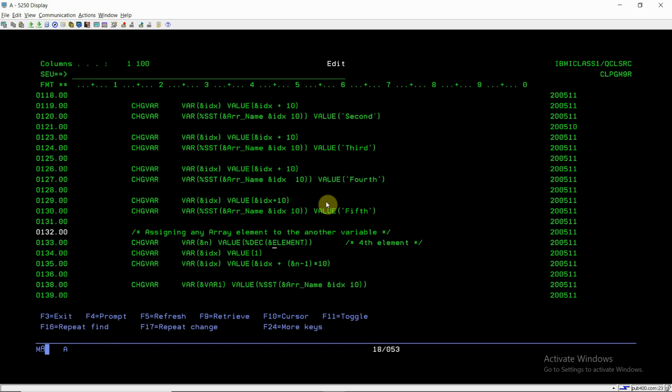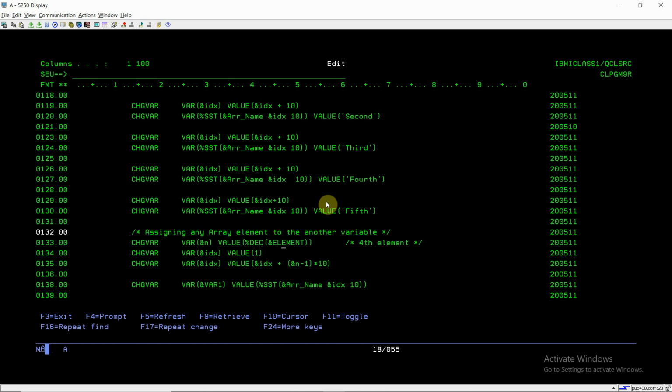So the element will be passed from the user to this program. If it passes, say, the fourth element, I have written a formula to calculate the start position for the fourth element: 1 plus 4 minus 1, that is 3, into 10, so that is 31, which is correct. 1 till 10th is the first element, 11 till 10th is the second, 21st till 10 is the third, and 31 till 10 is the fourth.